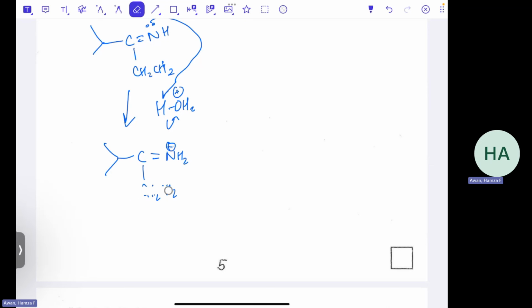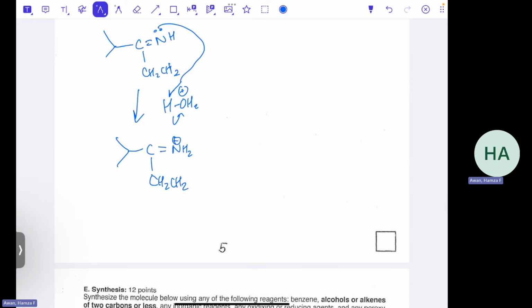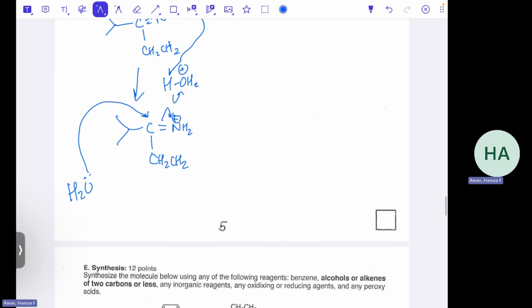And so now we can finally do some fun things. Because it has a plus charge on it now, we can cause some resonance by having the H2O use its lone pair to attack the carbon, and that will move this double bond onto the nitrogen. It'll give the nitrogen a lone pair to stabilize it instead of having a double bond. So the product for that step is going to be like this: C bonded to an O, two hydrogens, NH2, and then